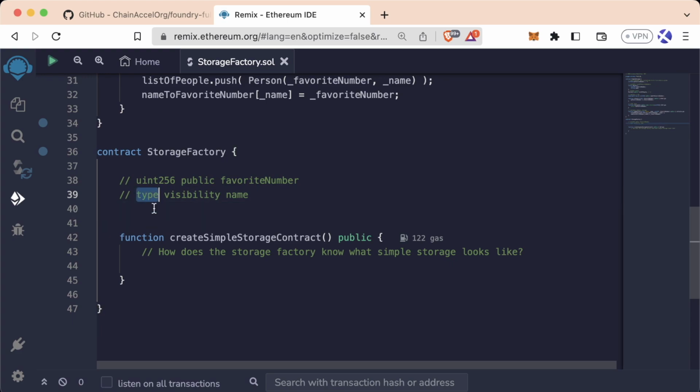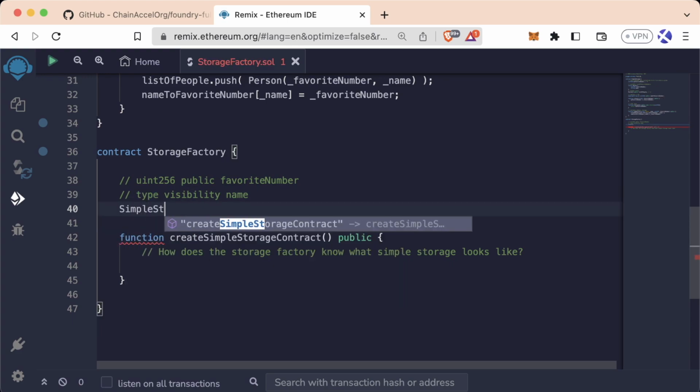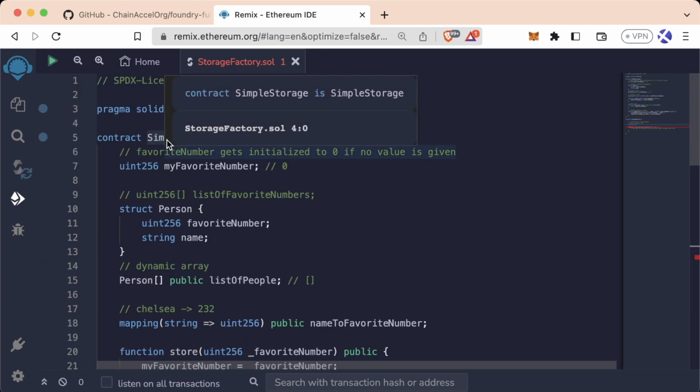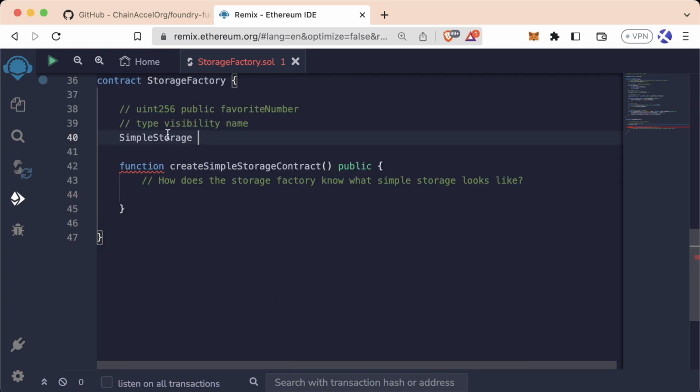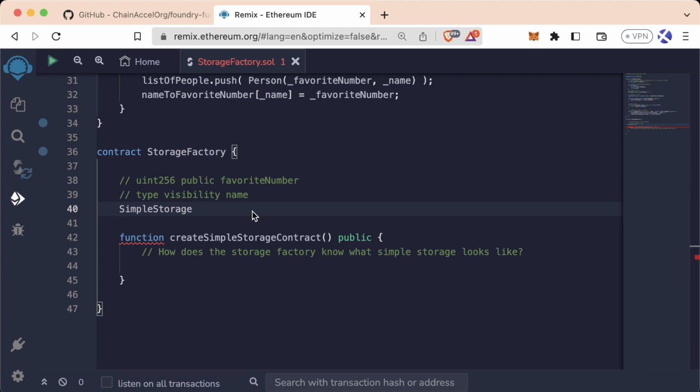The type of a simple storage contract is going to be SimpleStorage. And the reason that Solidity is going to be able to identify this keyword is because it's the same name as the contract. In the same sense that our struct keyword allows us to create a person type, the contract keyword allows you to create a new type, a type of SimpleStorage contract. So SimpleStorage, for now, we'll just give it a visibility of public,